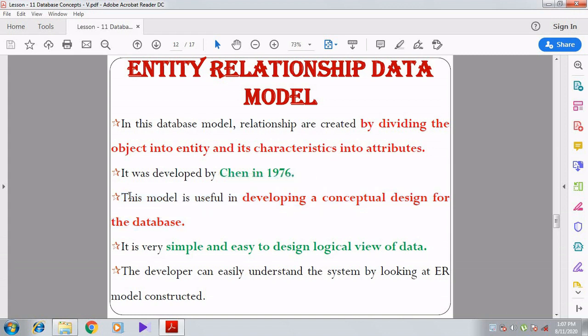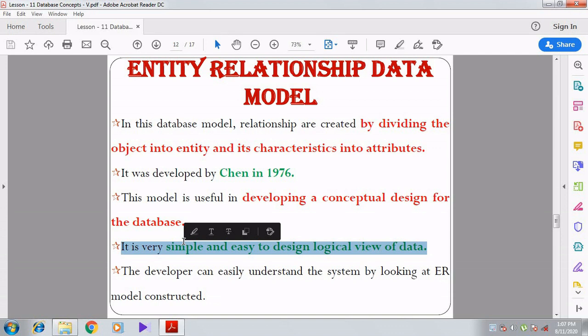This particular model is used in developing the conceptual design. Conceptual design means the design process of the database. Before the development, the design will be there, and in that designing stage we can use this data model. It is very simple and easy to design the logical view of data.